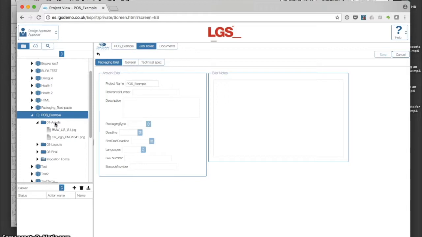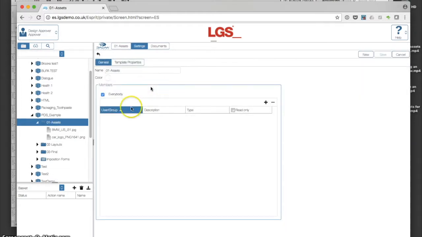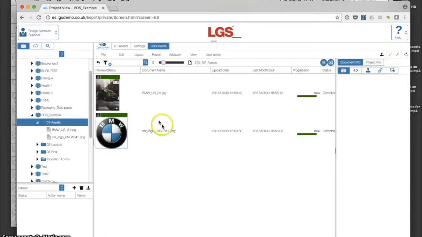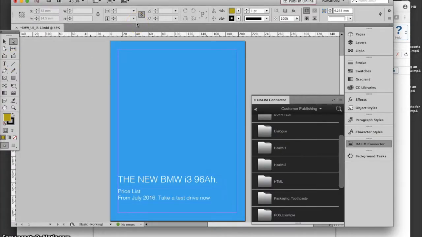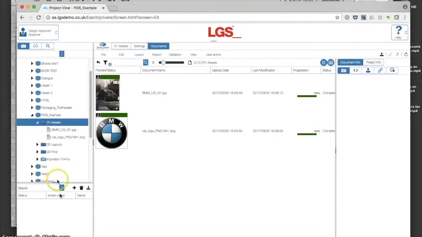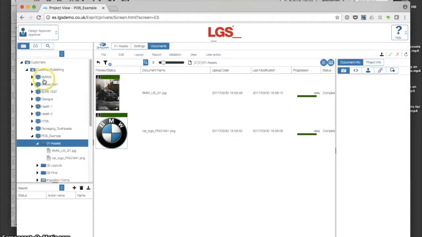What we're going to do now is take on the role of someone that's going to plan out that content. So we can see that we've got a couple of assets that have been made available for the project. And I'm going to go into InDesign now, and I'm running InDesign CC 2017. What you'll notice is that I've got the ability to browse ES and select the assets and place them straight into InDesign. So what we can see here down the left hand side is all the projects that